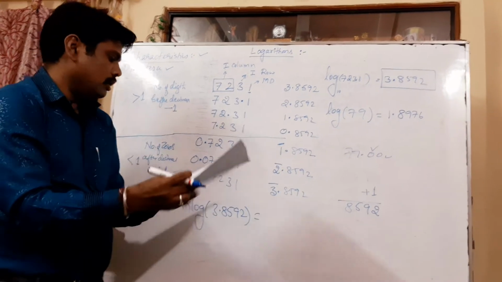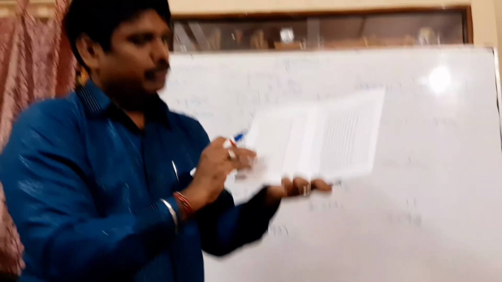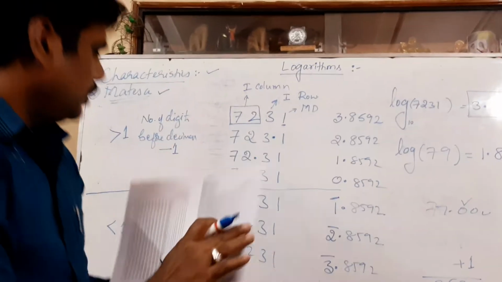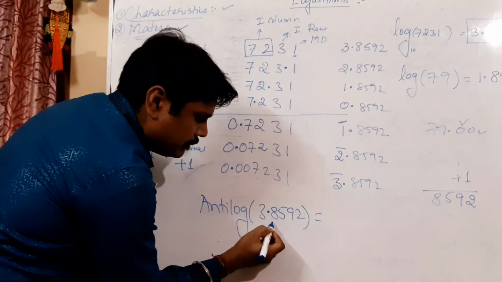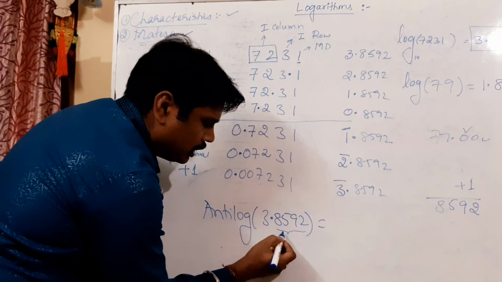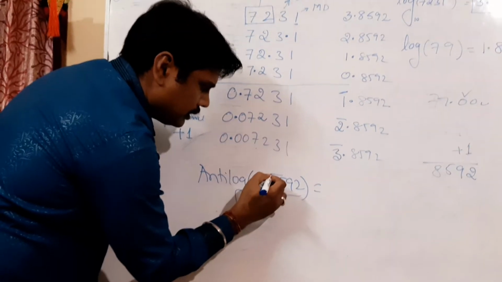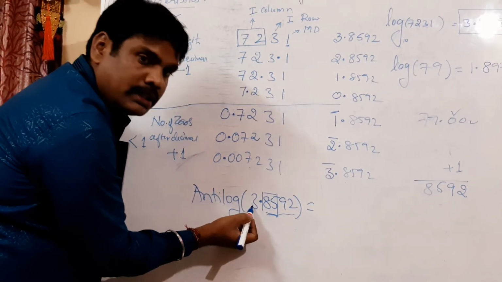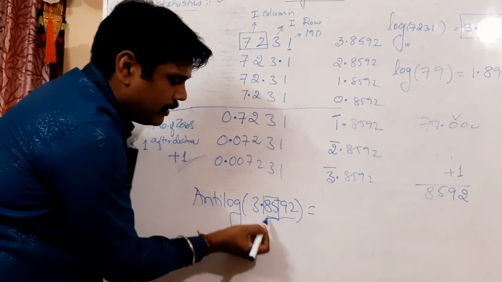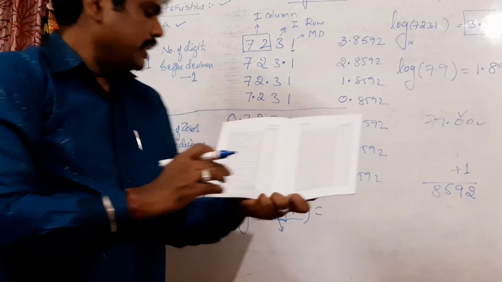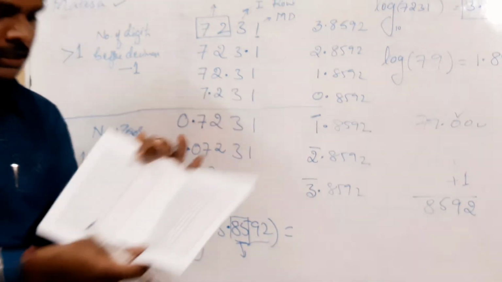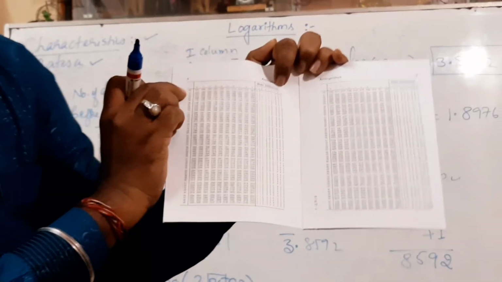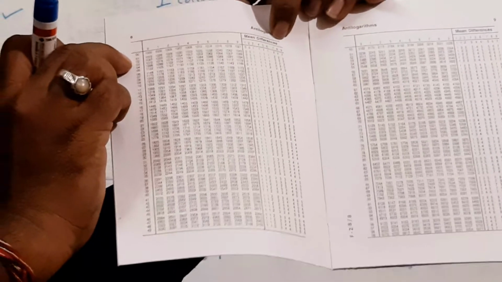So how to take the anti-log? See here, we have to come to this table first. After the decimal there are 4 numbers now. Of those 4 numbers, this is the first 2 numbers. We are ignoring the characteristic. We go only for the mantissa here. So these are the first 2 digits, starting with 0.85. All values in the anti-logarithm table start with a point: 0.00, 0.01, 0.02, 0.03 in the first column.